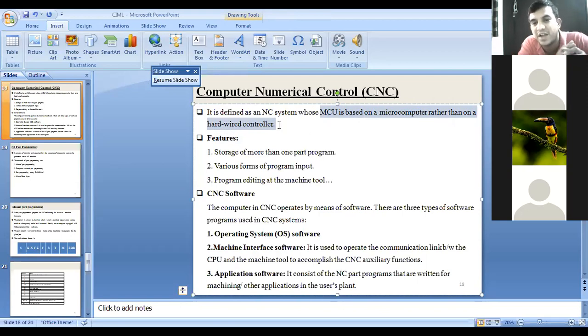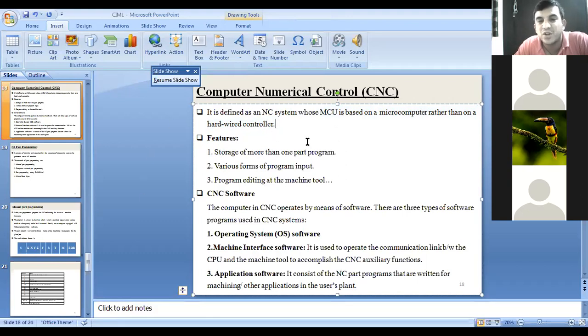For example, in our CAD lab, only one server system is there, and the remaining systems are also there. The software on all the systems is controlled by the main system. That is called distributed numerical control, DNC. That we will not discuss here. We will only discuss NC and CNC.